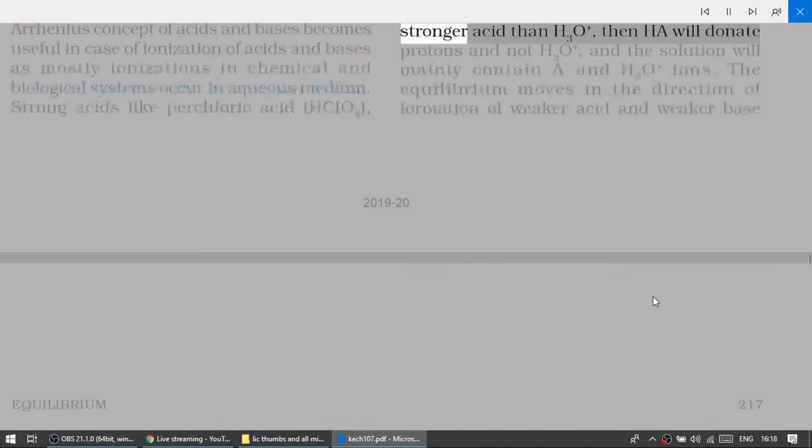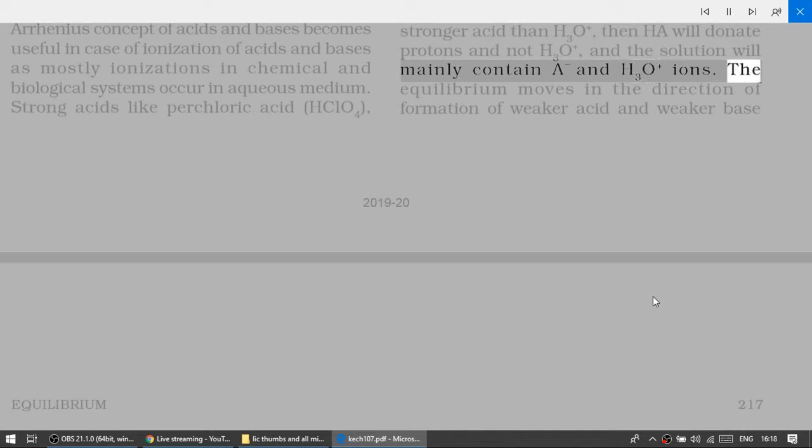Say, if HA is a stronger acid than H3O+, then HA will donate protons and not H3O+, and the solution will mainly contain A− and H3O+ ions. The equilibrium moves in the direction of formation of weaker acid and weaker base